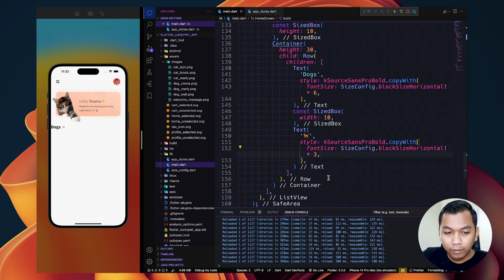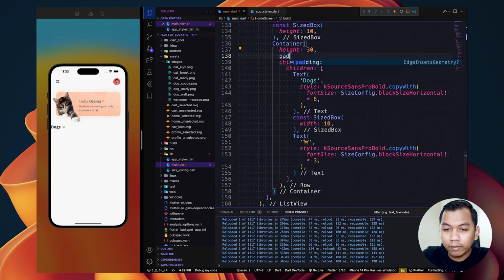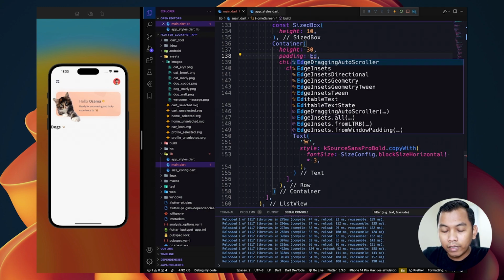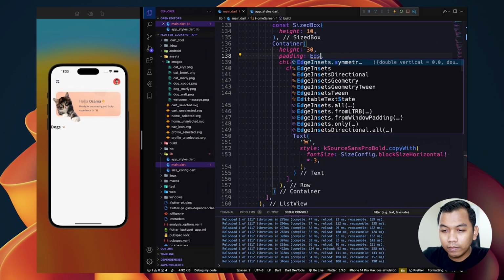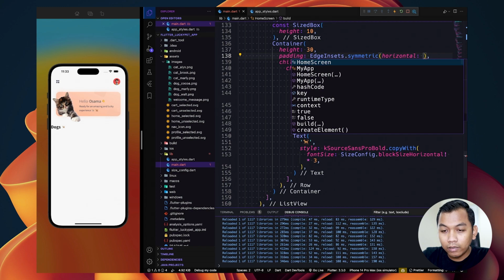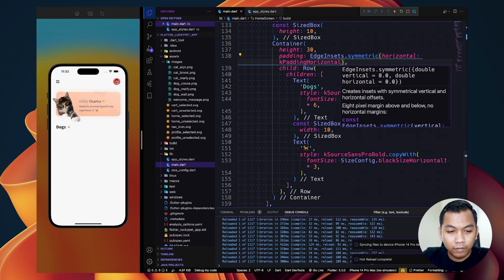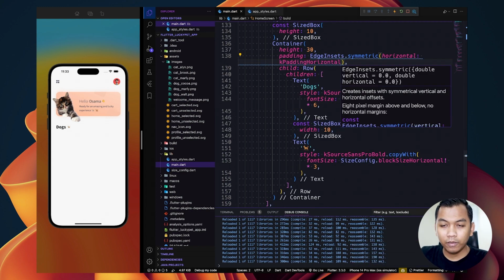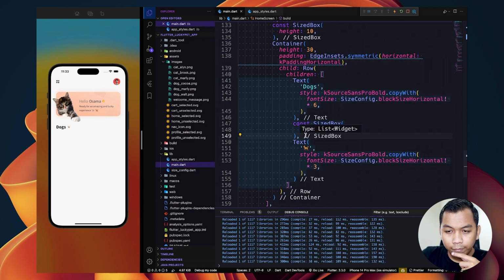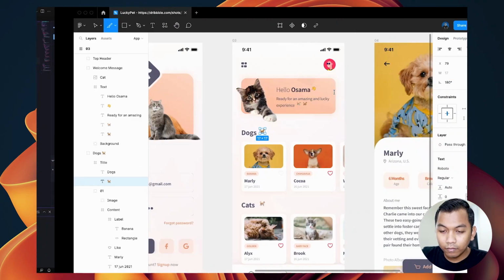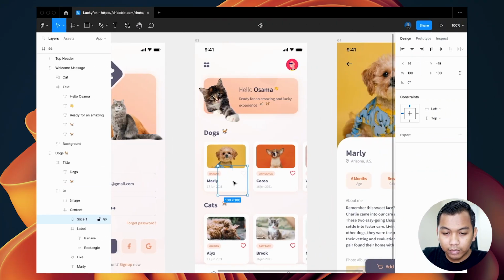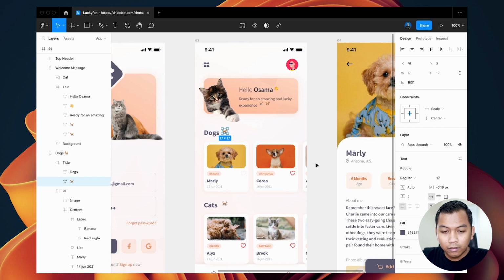Alright, and here we can add padding, symmetric, horizontal, kPadding horizontal. Alright, so yeah, we have this row widget, and the next is for this.